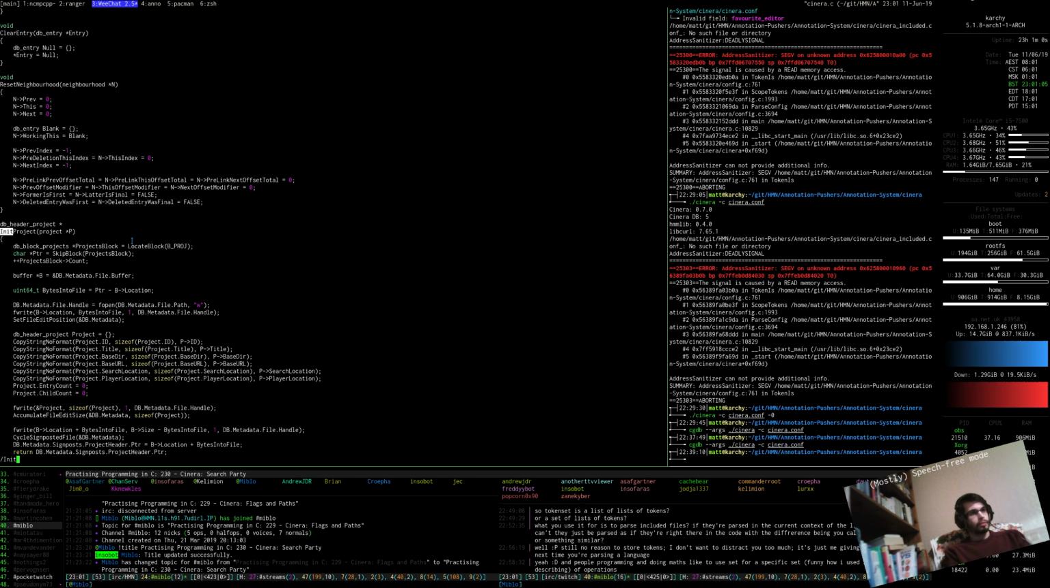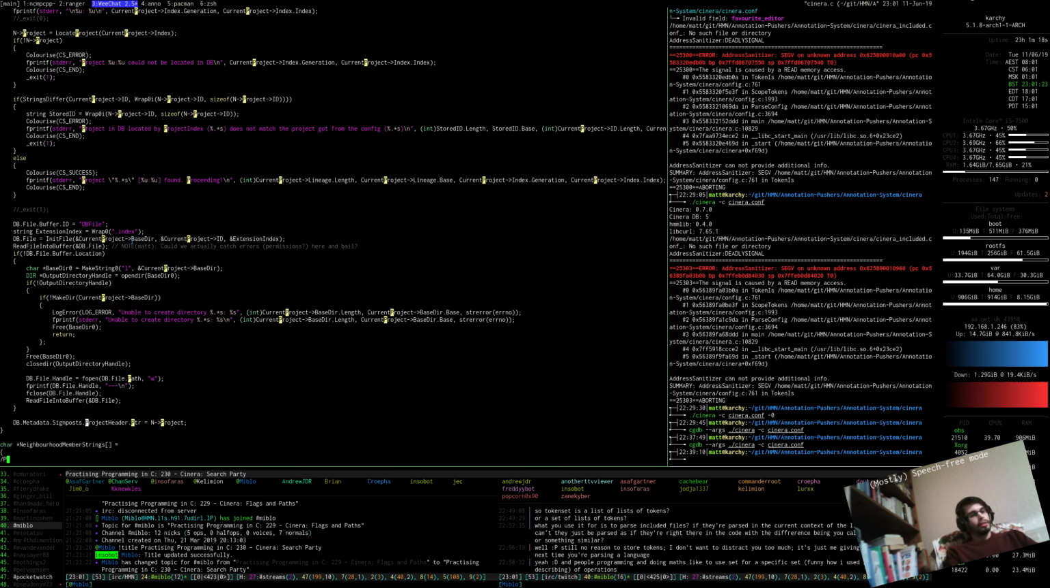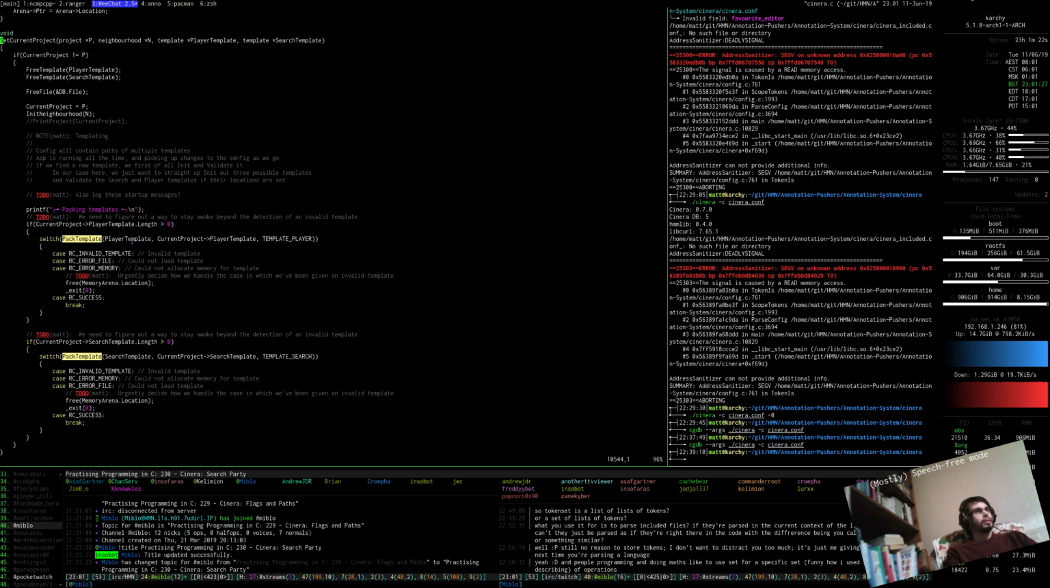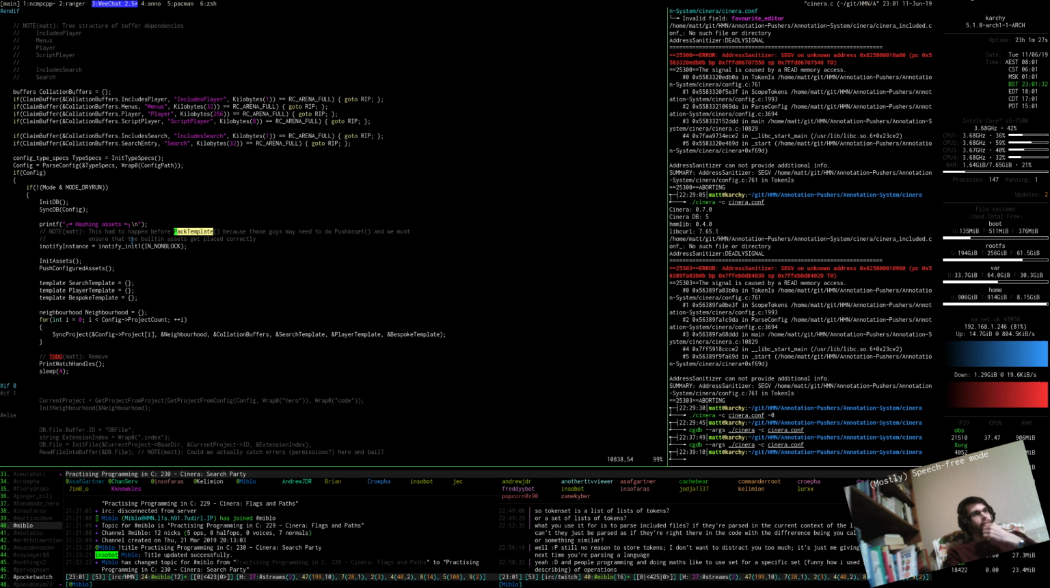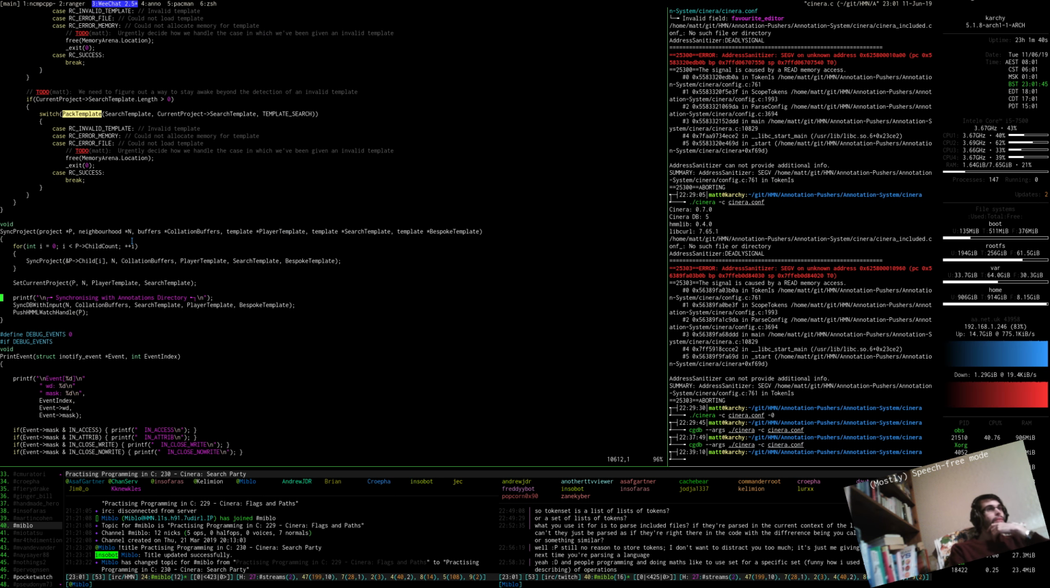So the template stuff. Actually, is it right here? Where's default property? It's a set current project. So basically, we're saying set current project is responsible for packing templates. Which I personally think is a load of garbage. I think that sync project, basically what's happening here is